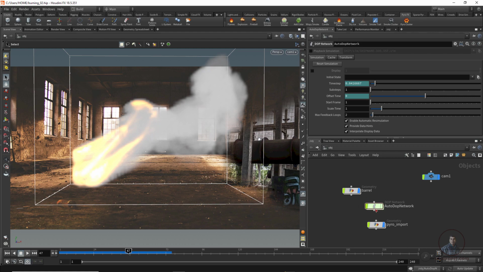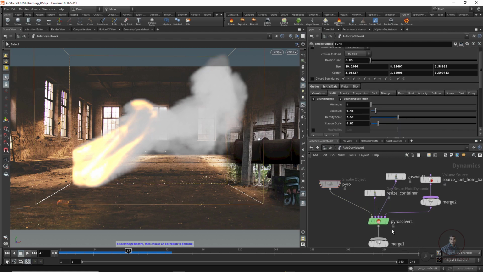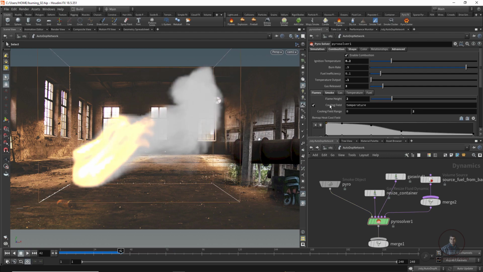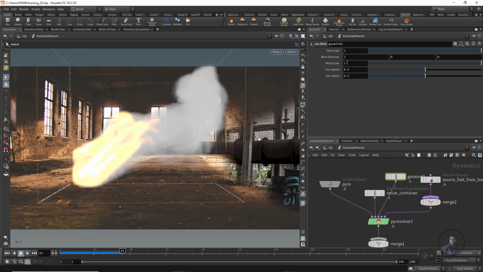So again select this one, right click or just double click here. Now select this one and adjust this out value, so maybe 0.1, and again adjust this wind here, so maybe wind scale 0.5 or 0.3.